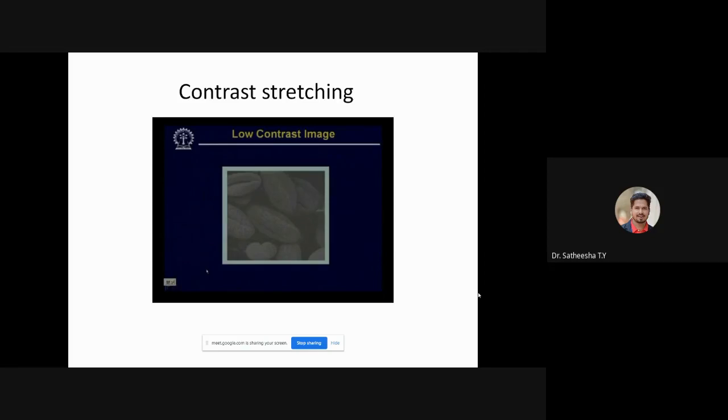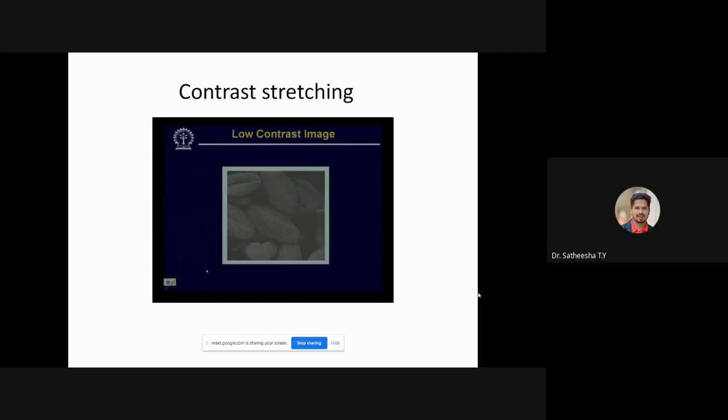So even if your scene is properly illuminated, if your sensor itself is not capable of recording all those variations in the scene intensity, that also leads to an image which is very dark. Another reason which may lead to a dark image is that when you took the photograph, maybe the aperture of the lens of the camera was not properly set.